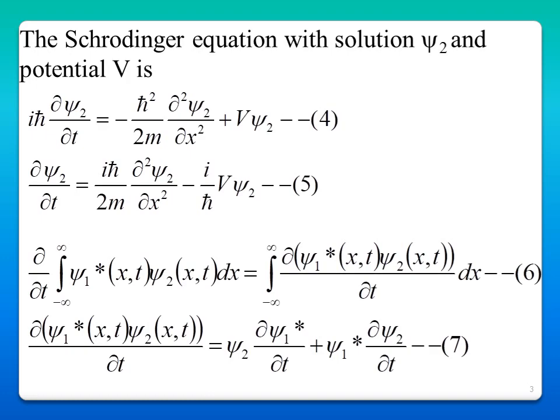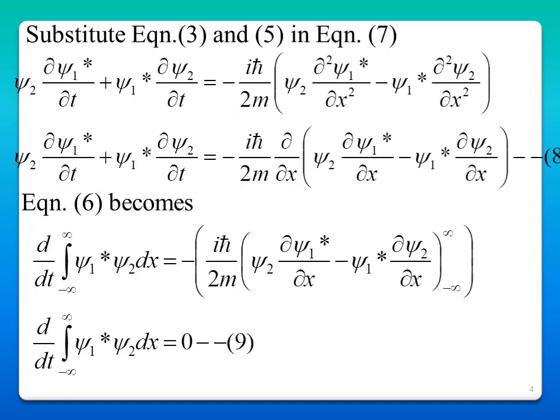Now you take ∂/∂t of the integral from minus infinity to plus infinity of ψ1* ψ2 dx, which is the integral from minus infinity to plus infinity of the time derivative of ψ1* ψ2 dx. So the time derivative of ψ1* ψ2 is ψ2 ∂ψ1*/∂t plus ψ1* ∂ψ2/∂t. So